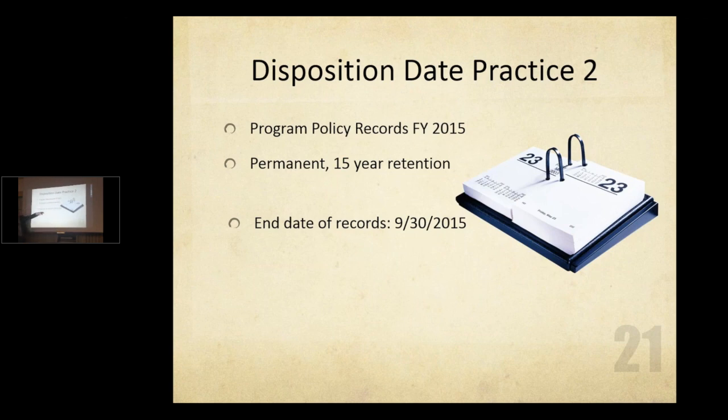So what are we going to do with that? We're going to add 15 years to it first. So that gives you 9/30/2030, right? But, like we talked about, disposal doesn't happen every day. It happens in bigger periods than that, right? Now, temporary, like in the previous example, disposal happens every quarter. But the permanent, quote, disposal, end quote, sending them to NARA, accessioning as we call it, only happens every January,